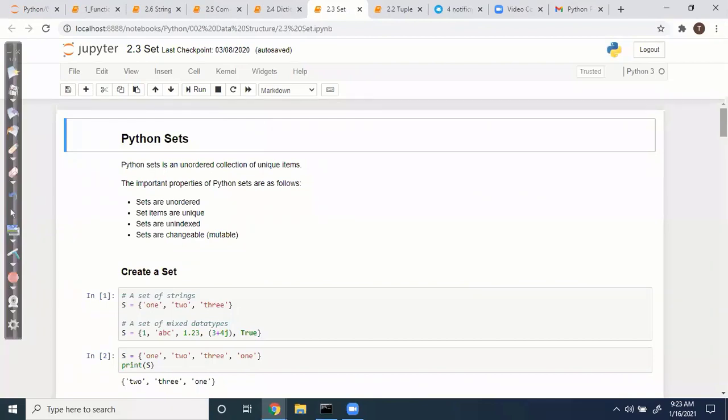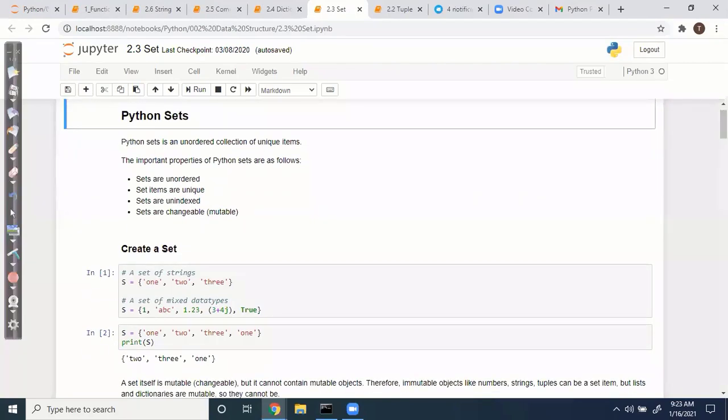Next thing is set. What is a set? It is one kind of data collection of unique items. Already in lists and tuples you can store multiple different data, but here they are unique items. Always start and end with curly braces, and values are comma separated.